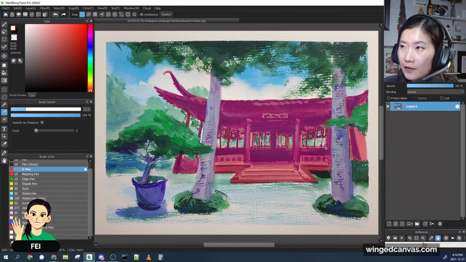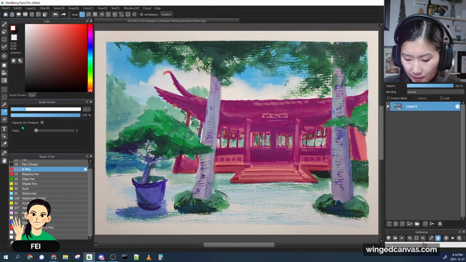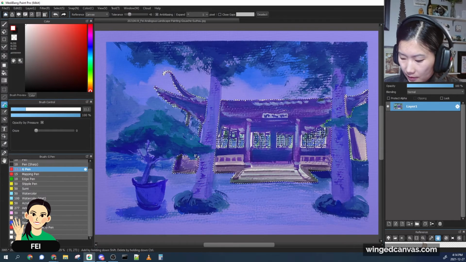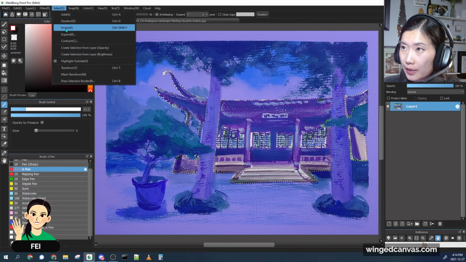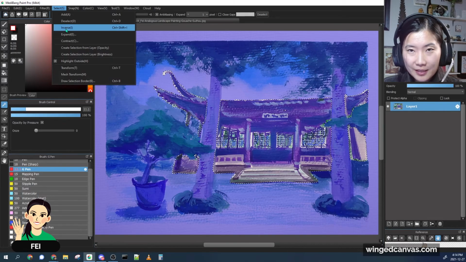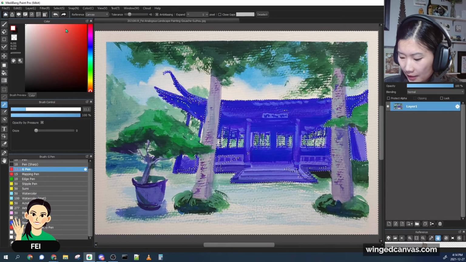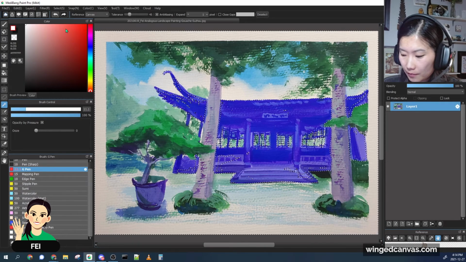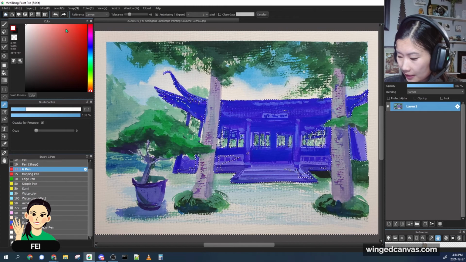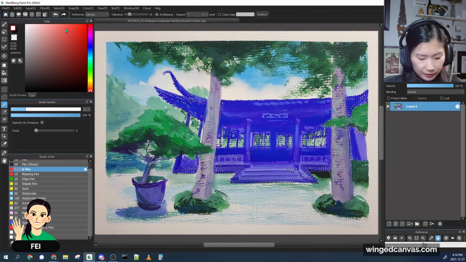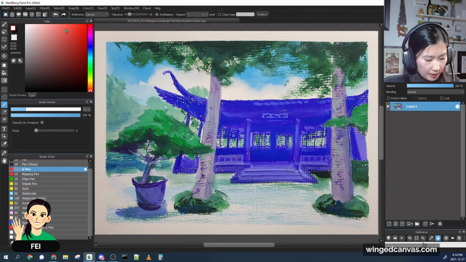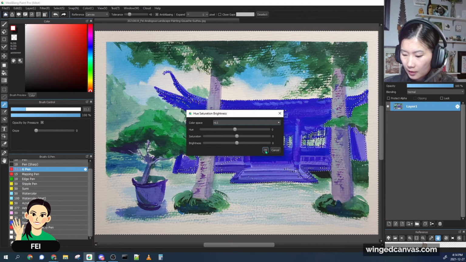So now I have just my building selected. So what I can do right now is inverse my selection. I just go to select, inverse, and now it's selecting everything that is outside my previous selection. So if I select inverse, now I'm going to hit Control U on my